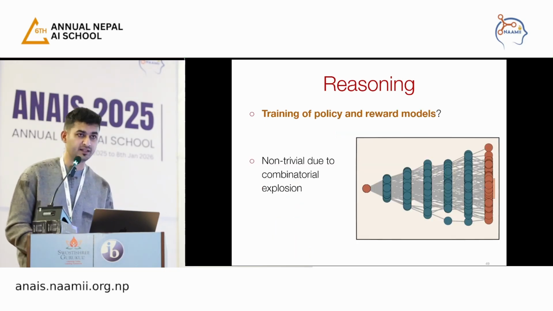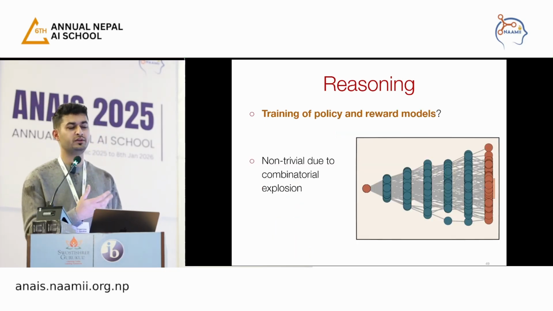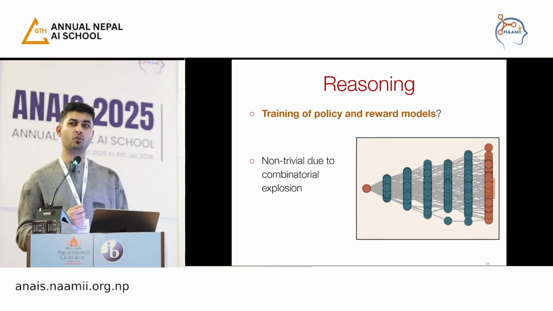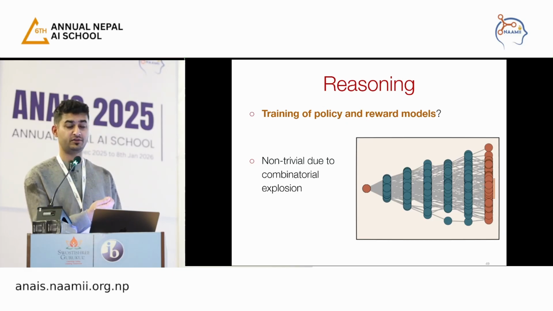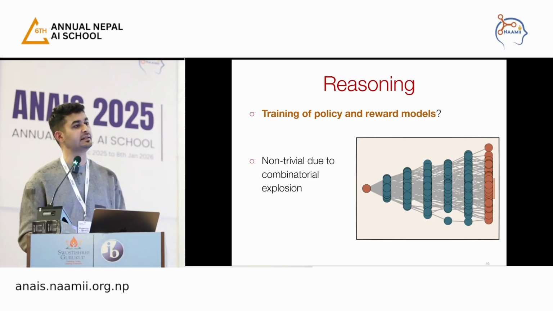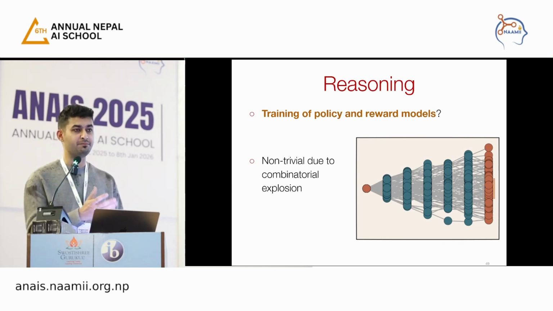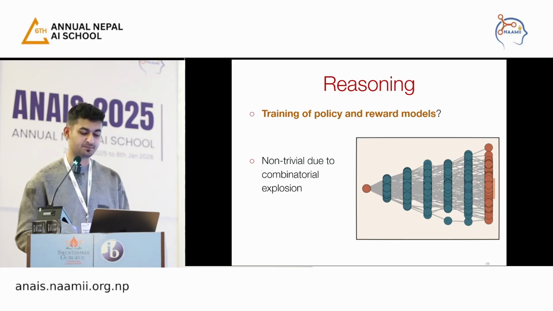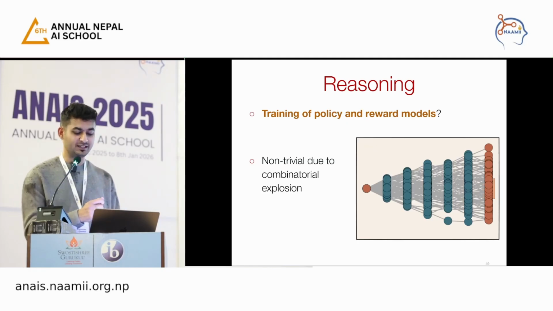And how do we train these models now? Training these models is basically saying that I want an LLM to have correct reasoning steps and give me the correct answers. If this is my space of correct answers, some reasoning paths may lead somewhere else, which is an incorrect answer. Some reasoning paths may lead to the correct answer, even though the reasoning tokens can be completely nonsense. The problem here is that going from a question to an answer space, there can be a non-trivial explosion, because it's basically a giant graph or tree of tokens, and there will be combinatorial explosion.